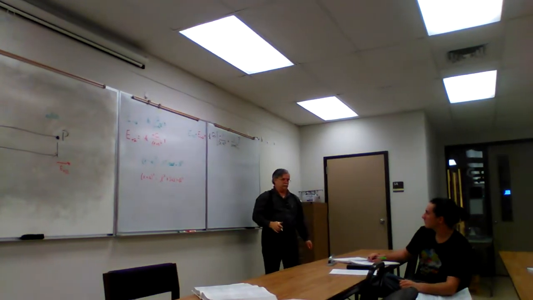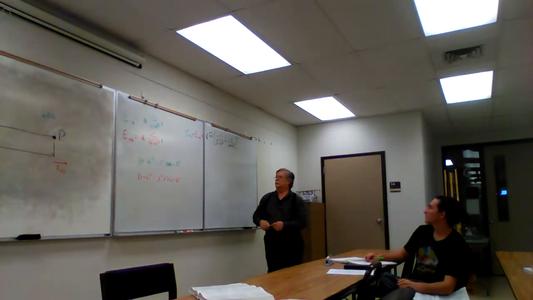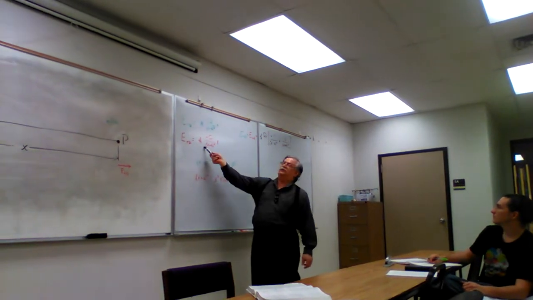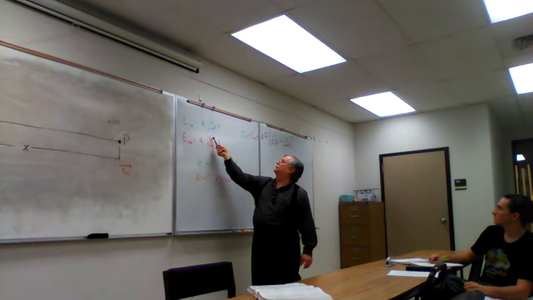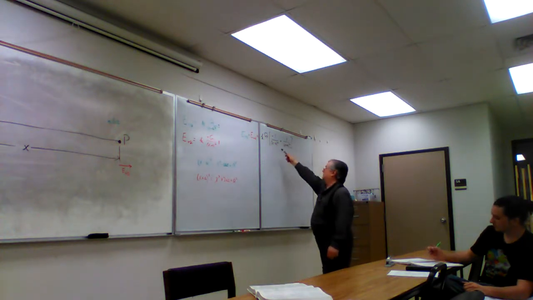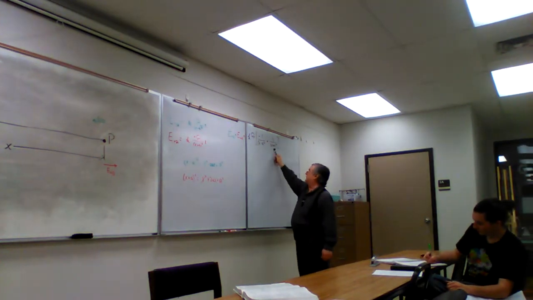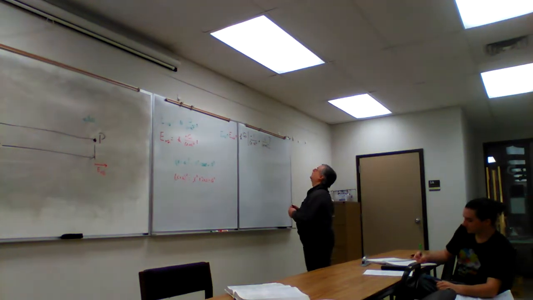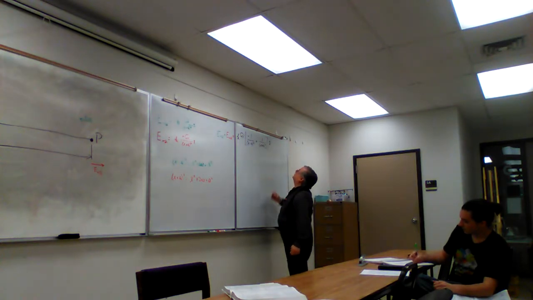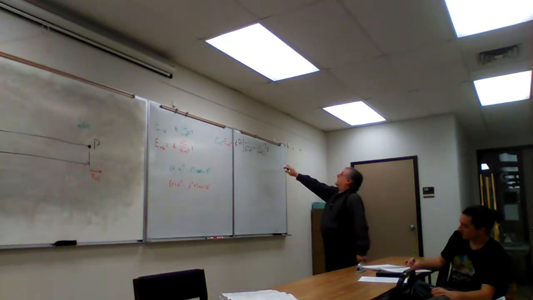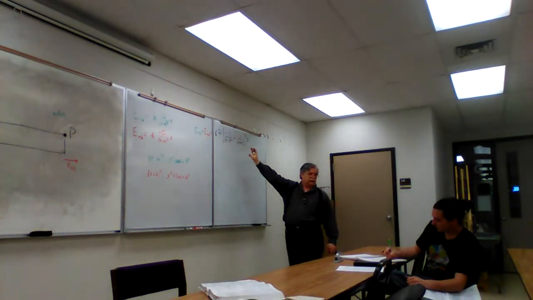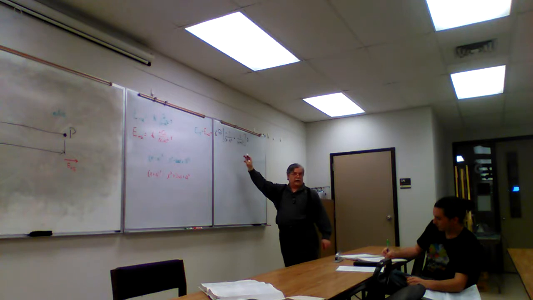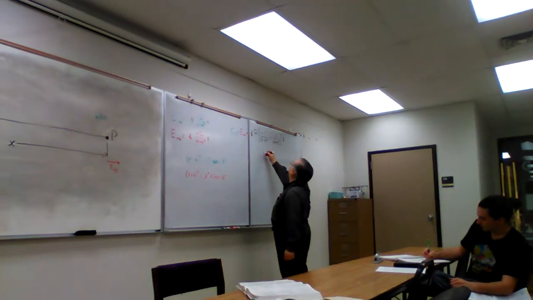Does everyone see what I did there? I added this term plus this term, and then I factored out k times q from both terms, leaving behind just the 1 over r squared terms. And of course, this is all still times the unit vector i. These are not common denominators, so we can't really add them together directly. We may need to make them a common denominator in order to add them together, and that would be